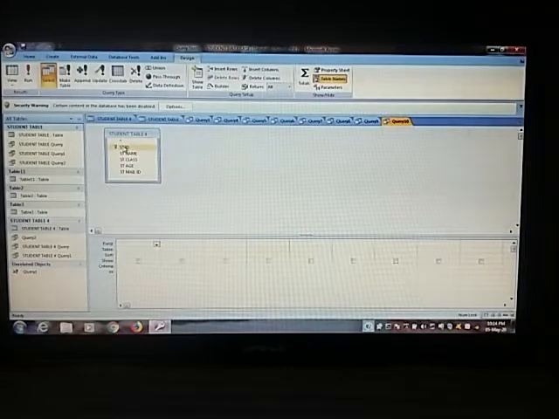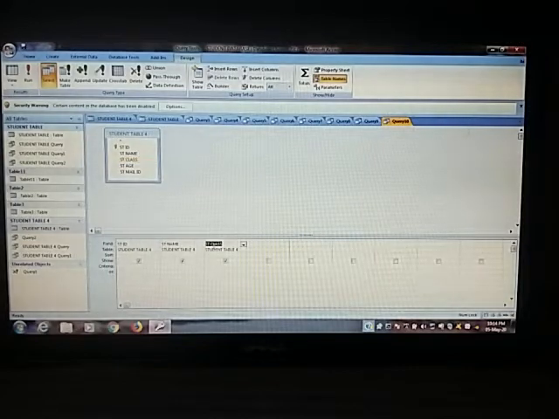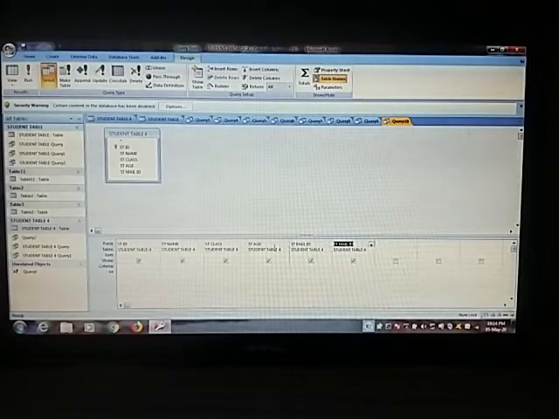Now choose the particular field, drag it and drop it in this area. Click on the field name and drag it and drop it. Again click on the field name and class, drag it and drop it. Now the fields are student ID, student name, student class, student age and student mail ID.